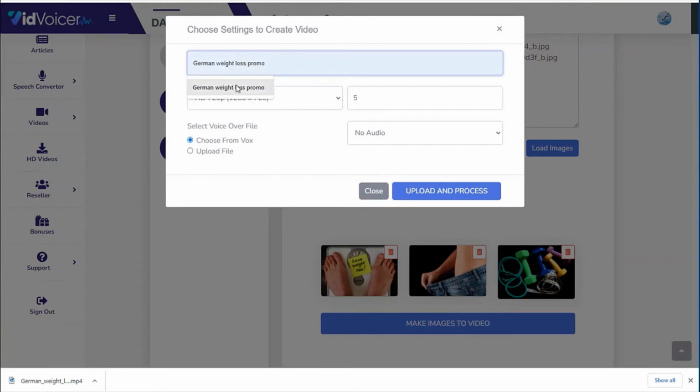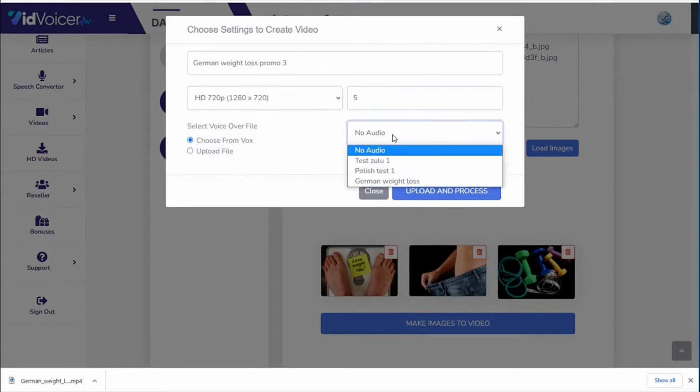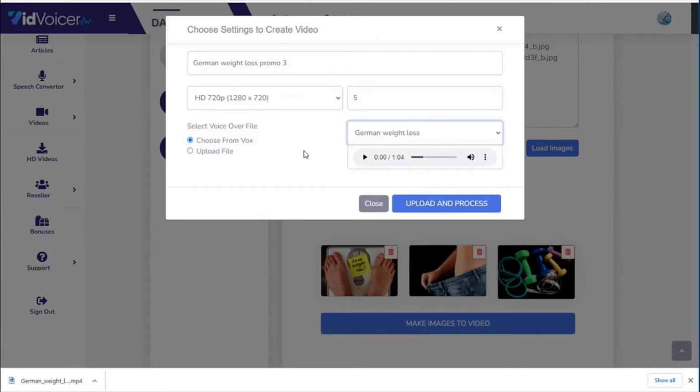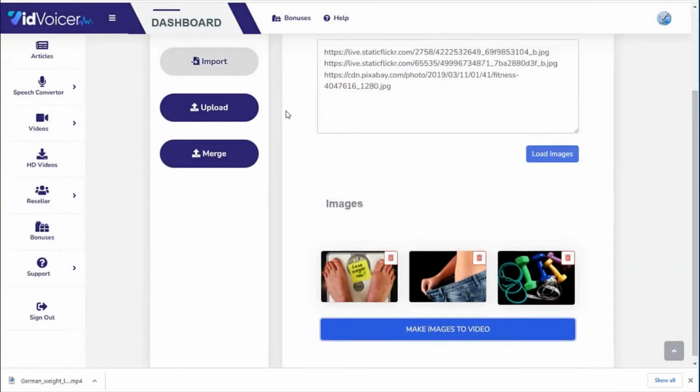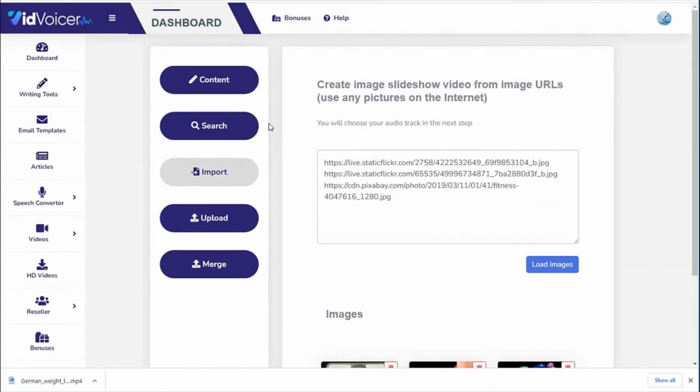And then once again, you can give it a new title. So we would call this one German Weight Loss Promo 3. And then select the size, select how many seconds you want each slide, and then select your background track, upload and process, and that's going to create yet another video. All right, so as you can see, we've got several ways of making amazing instant videos, but I haven't